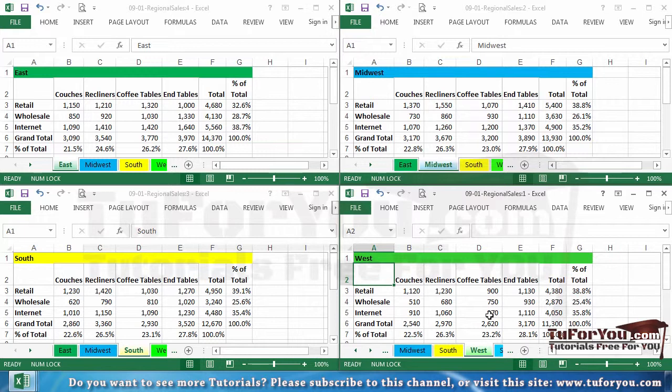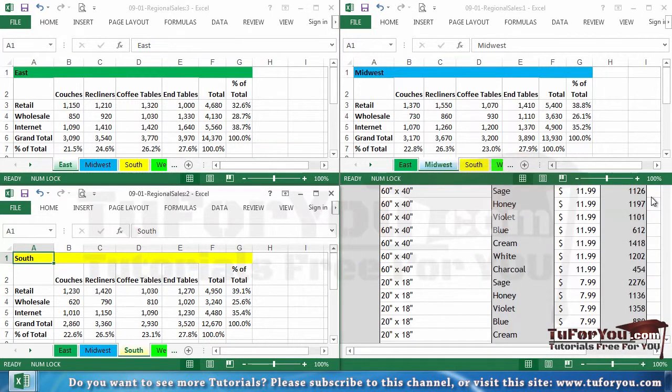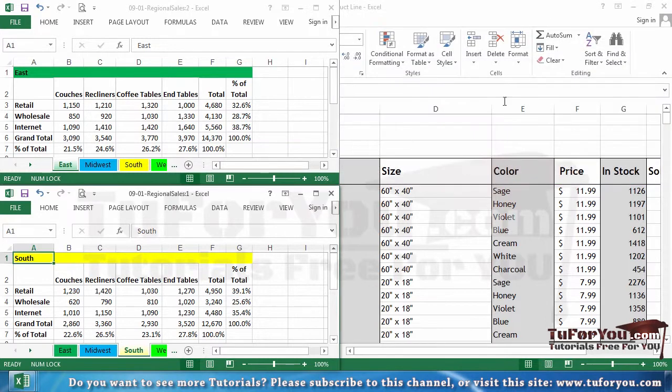Now we don't always want to see 4 windows. Maybe we only want to view 2, so we can close down these windows. It seems like we're closing a file if we click the X in the upper right-hand corner of one of these windows. I'm about to do this in the lower right-hand corner, so just click the X, and if there are other files in the background, we might be seeing a portion of them. I'll go to the upper right, click the X there, and now I want to view just these 2 windows,